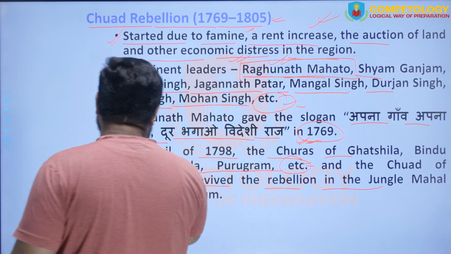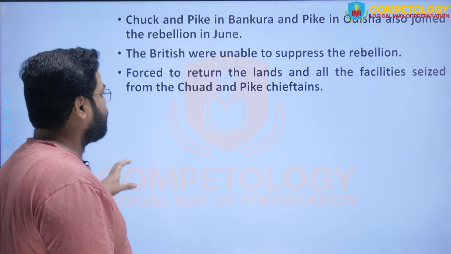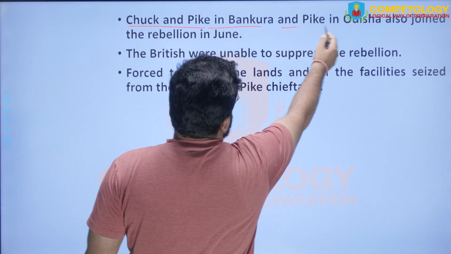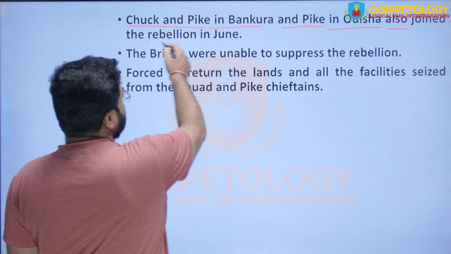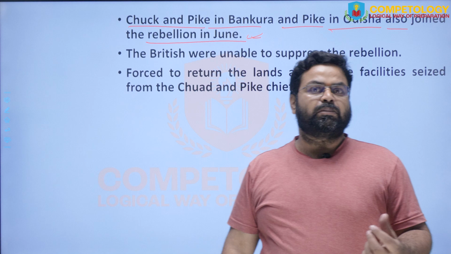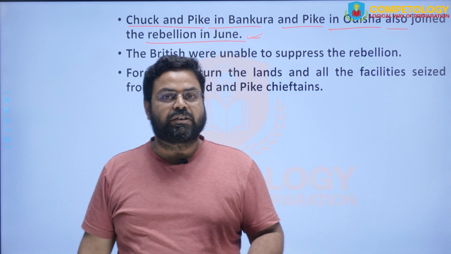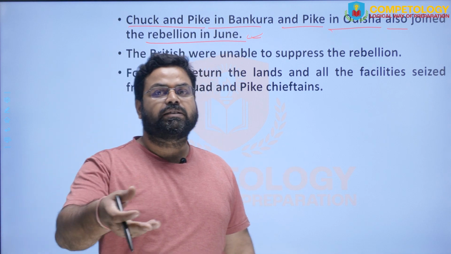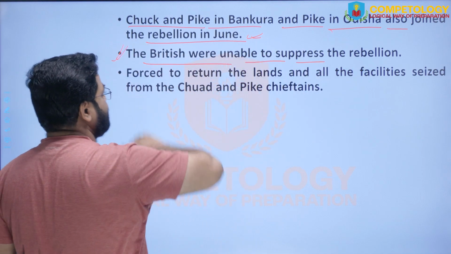So the influence of the Chuad rebellion was not limited to the regions of Jharkhand only, but it had spread to the regions of Bengal, Chik and Paike in Bankura, Midnapur, etc., and the Paike of Odisha also joined the Chuad rebellion in June, and this made the situation worse for the Britishers. Now the Britishers realized that we have to reconcile with the tribals of this region, otherwise we will not be able to rule this region peacefully. So some kind of relaxation should be given to these people, and the Britishers were unable to suppress the rebellion due to its extent and